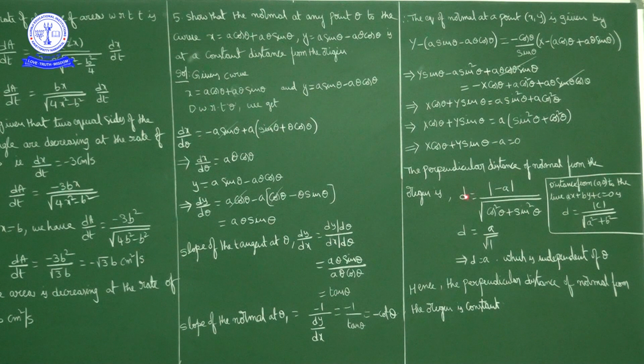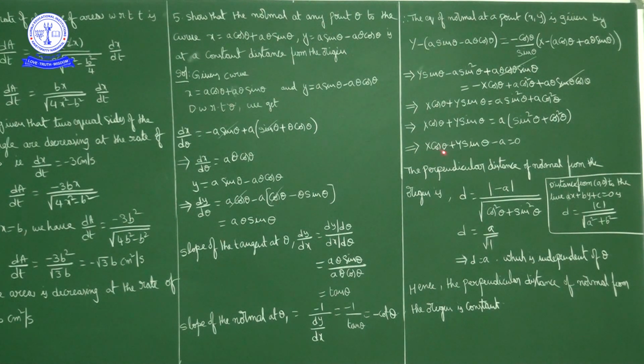So what can we write? Before going to this formula, we have a formula: the distance from the origin to the line ax plus by plus c equal to 0 is the modulus of the constant upon the square root of the coefficient of x square plus the coefficient of y square. So using this formula, the perpendicular distance of the normal from the origin, d, is equal to the modulus of the constant here, minus a, upon the square root of